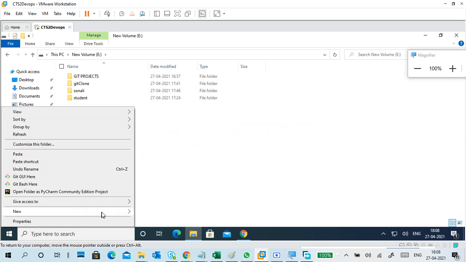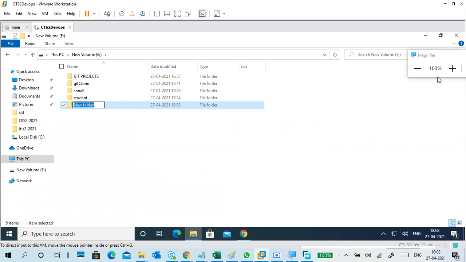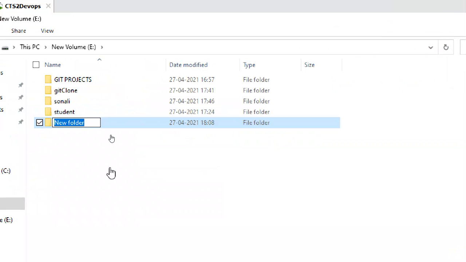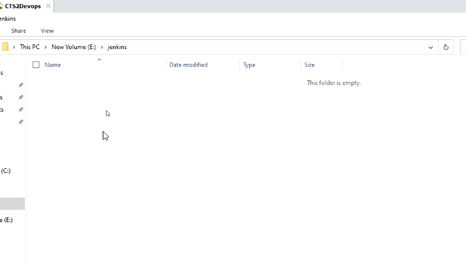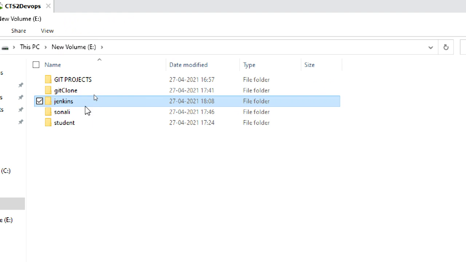I'm creating a folder here. There is a reason to create a folder also. Just a Jenkins folder, or I can name it the Jenkins folder.